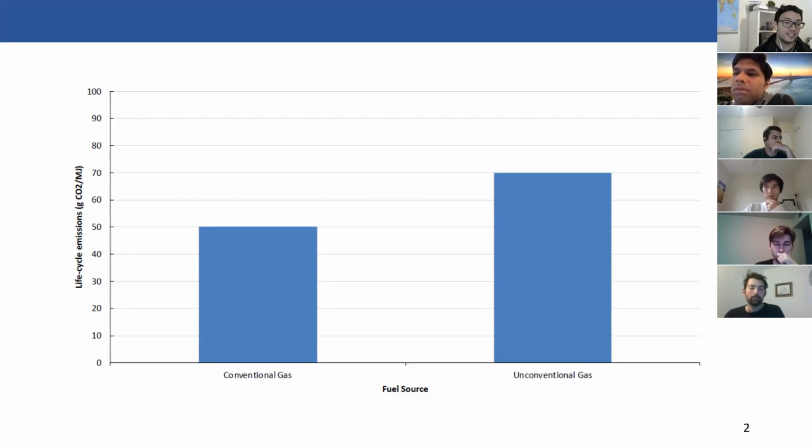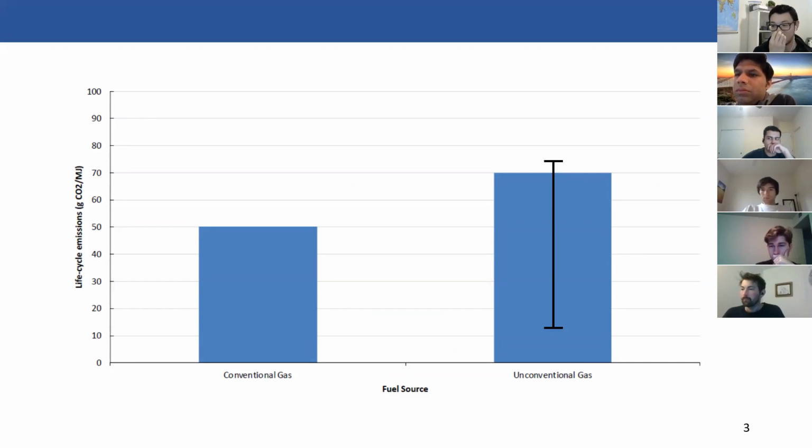It looks like conventional gas has lower emissions. Okay. In terms of CO2, grams of CO2 equivalent. Yep. So not a trick question or anything. That's intuitively obvious from looking at this. You would say, okay, I'm basically comparing these two things and one looks like it's lower than the other. Okay, so let me go to the next slide. Okay, so why don't you